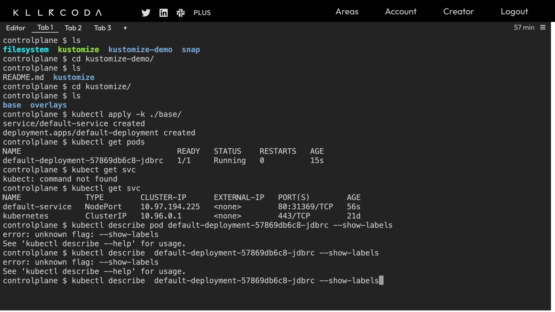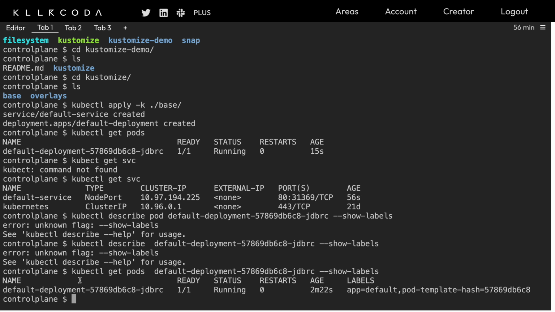I guess kubectl get pods. So yeah, sorry. The correct command is kubectl get pods, then the pod name, and then this flag hyphen hyphen